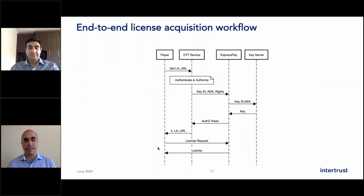I wanted to give an idea of what it actually takes to integrate ExpressPlay with Bitmovin. So this is the typical license acquisition workflow. It starts with the player requesting a license acquisition URL. This request goes to the OTT service that authenticates the request, and if it's authorized, it requests from ExpressPlay